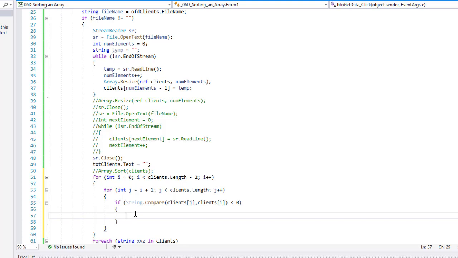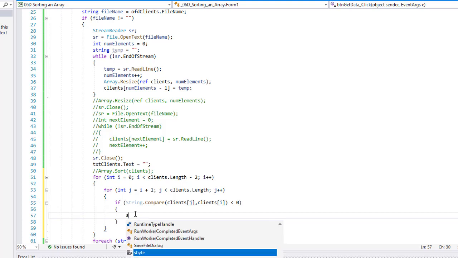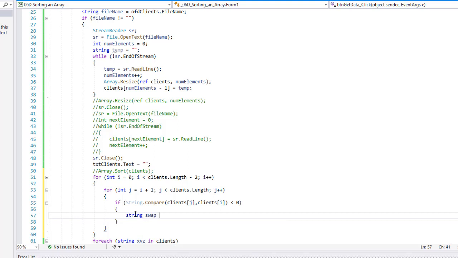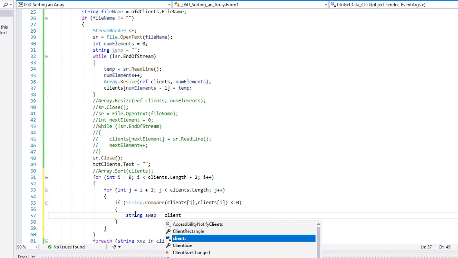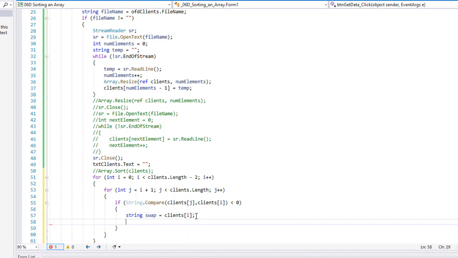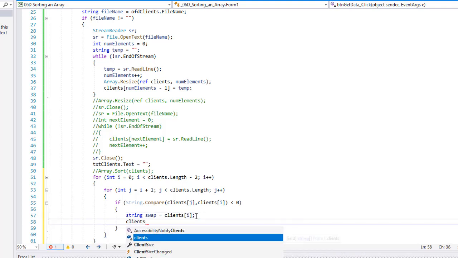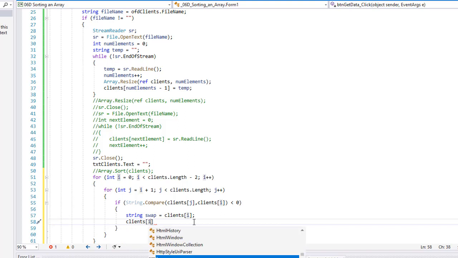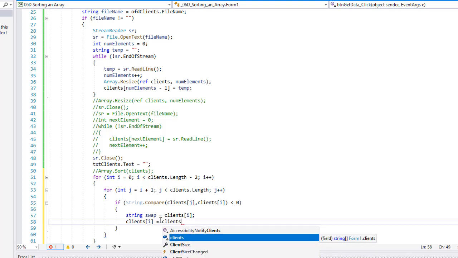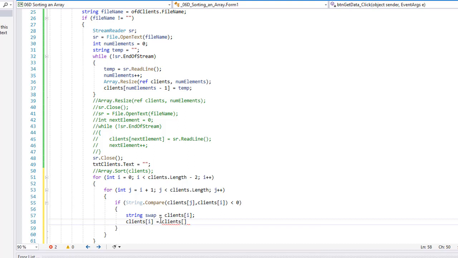And the way we're going to swap is we're going to create a variable. It's going to be a string. And I'm just going to call it swap. And it's going to equal client element i, and then clients sub i is going to equal clients element j, and clients sub j